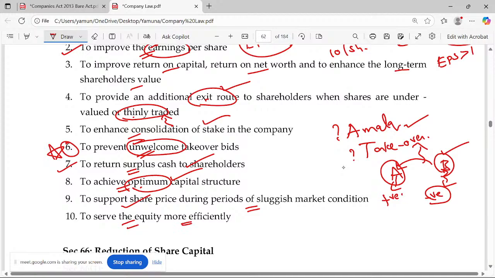So if I have just two or three classes of shares, and see, we just noted this point, right? Calls on shares should be done on a uniform basis. Not only calls on shares, that's also applicable for paying dividend. So for Class A shareholders I pay the dividend, Class B shareholders I pay the dividend, Class C I'm not worried about. What I do is I close Class C, because unnecessarily I don't want to mess up with too many classes of shares. That's not safe for the company. So these are the extra points.